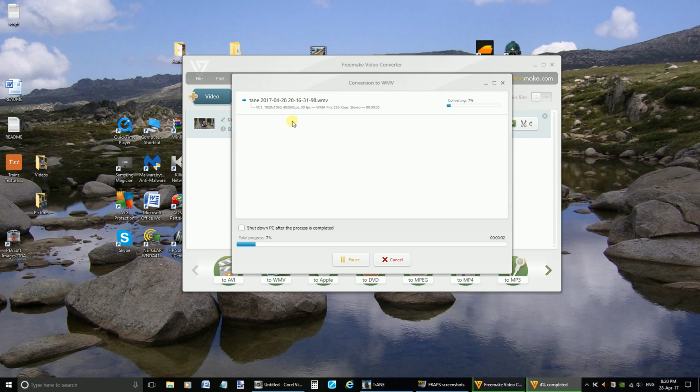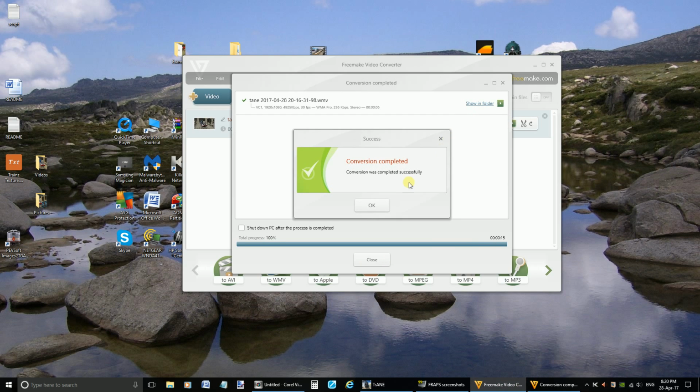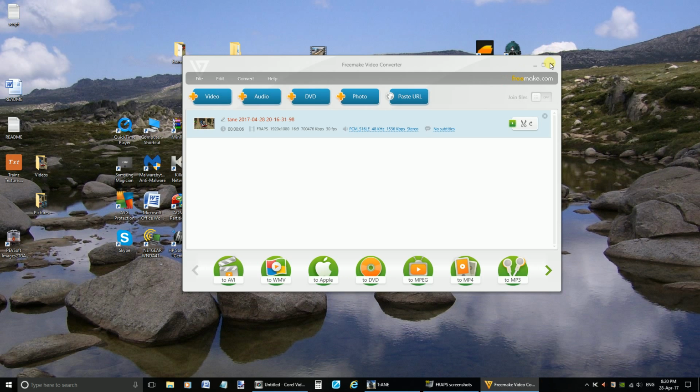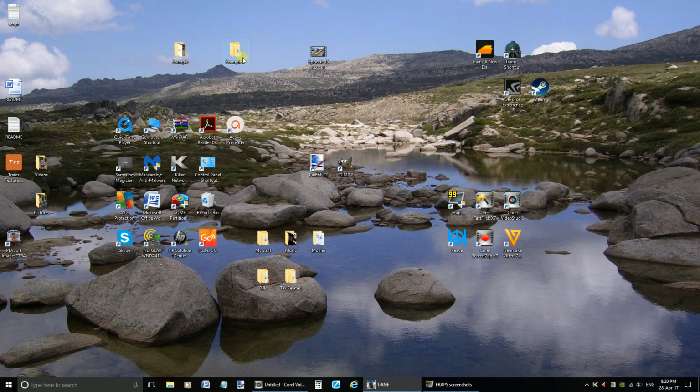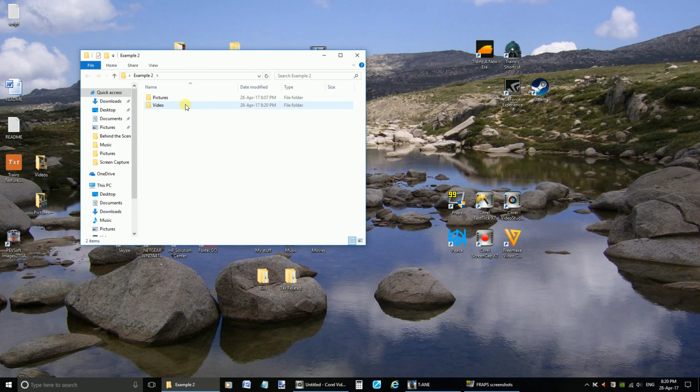And depending on how many clips I've got and how long they are, the conversion will either be very quick or it will take a while. But as you can see here, it's going to be very, very quick. Just give me a moment. Okay, so now that that's done, I'm going to click OK, and then close that and close that. Now I'm going to go to the example 2 folder here and to video, and as you can see, here's the converted video, and now a 6-second long clip has gone down to 5.33 megabytes,